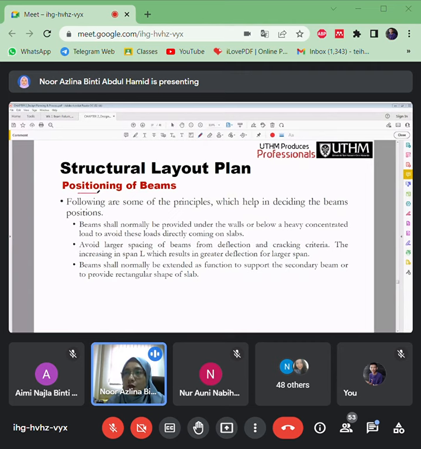Okay, then positions of beam. Again, beam shall be provided under the wall, below the wall, or any heavy concentrated load here. Okay, so kalau nampak je wall, bawah mesti ada beam. Okay, dah terror kan. Civil student ni nak buat brick ke wak, bawah mesti ada beam ni kan. Ciwa belagak sikit kan. So ataupun any heavy concentrated load, let's say dekat roof kan,